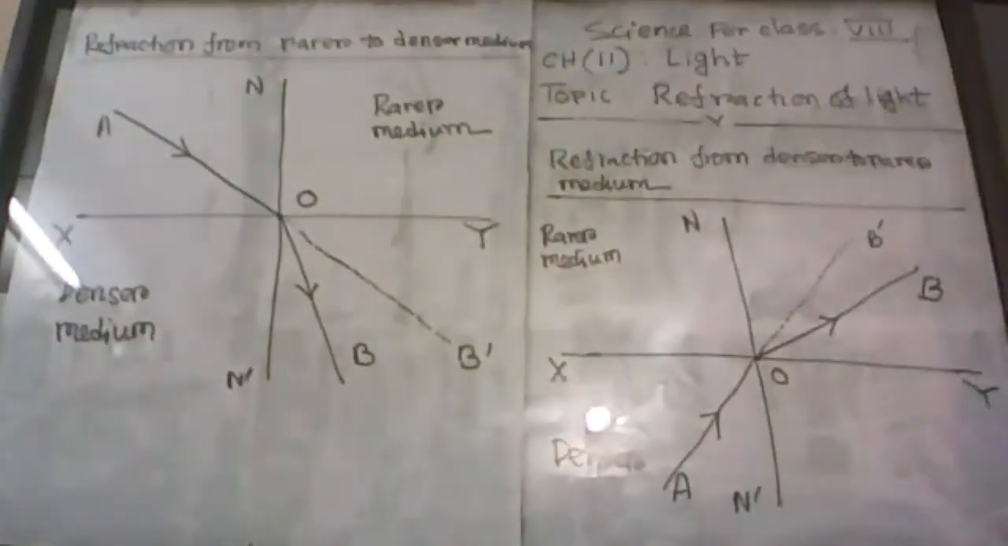You can say that when ray of light enters from denser to rarer medium, then you can see that refracted ray goes away from the normal line, and when ray of light comes closer to the normal line, then you see that refracted ray comes closer to the normal line. Okay,